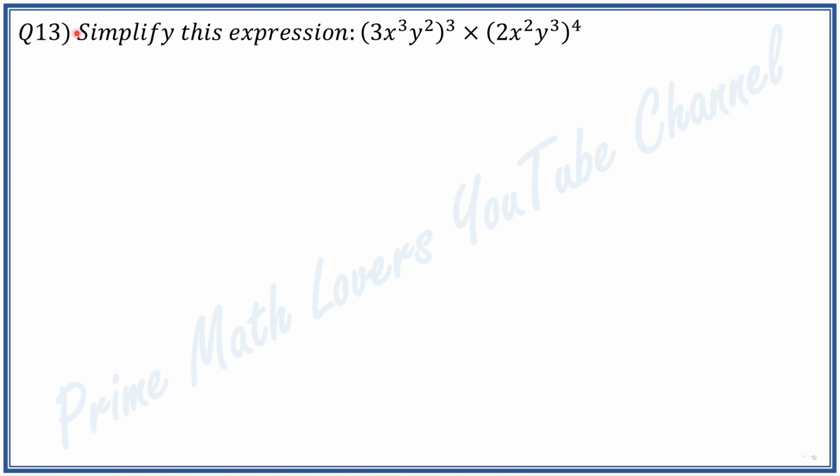Question 13. Simplify this expression: (3x³y²)³ times (2x²y³)⁴. We know that (a times b) to the power of m is equal to a to the power of m times b to the power of m. So we can apply this rule and we get